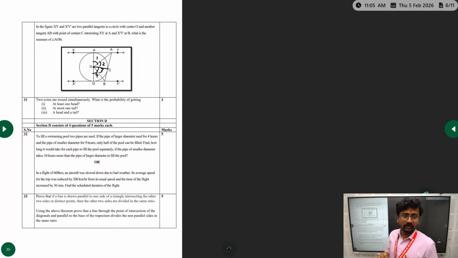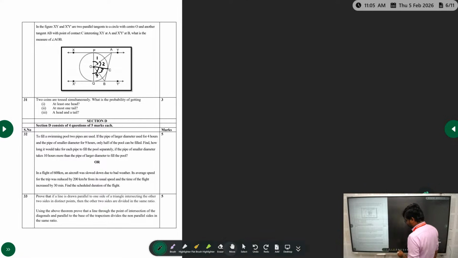Keep this one point in your mind. Now, how many triangles are there here? Four. One is APO, one is ACO, similarly COB and QOB. Take any two triangles to prove. So what you can do is,